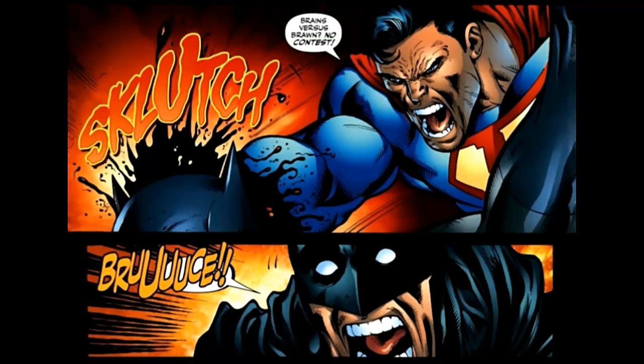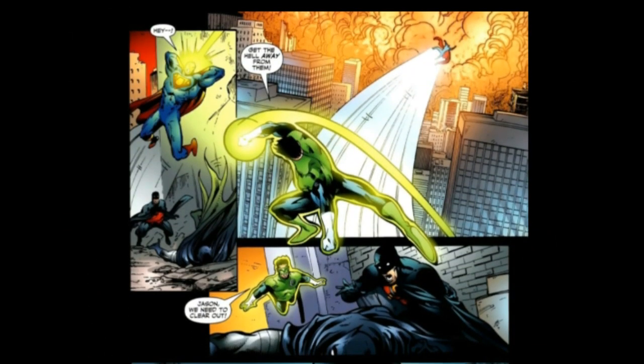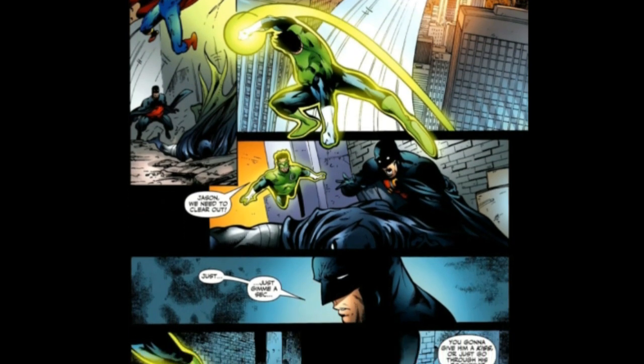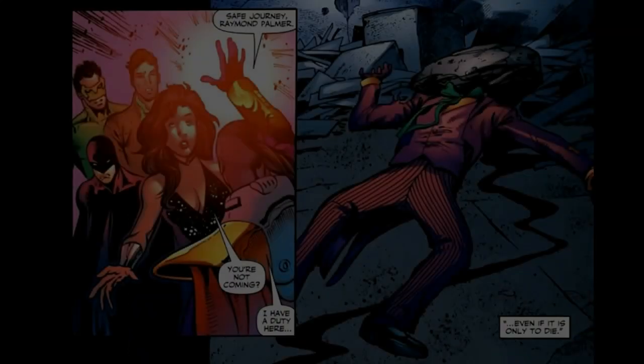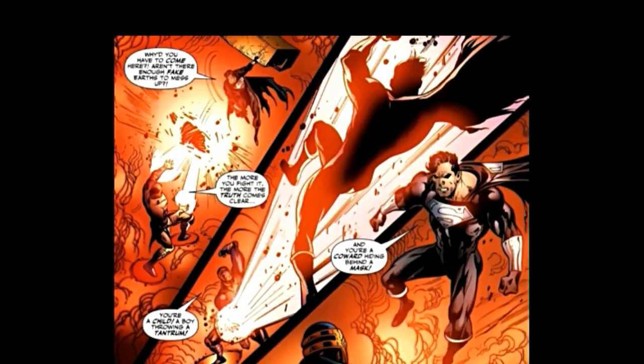You see right here in this panel, Ultraman kills him. That's it for him. So he gets his head squished by Ultraman, and then Ultraman gets knocked back by Kyle Rayner. So it's pretty horrific, and as Jason Todd's looking on, the Joker starts taunting him, so Joker ends up getting killed too. So pretty brutal. It's one of the alternate Jokers and one of the alternate Batmans, but still pretty brutal to see him die. So the Monitor of Earth 51 says he can send those guys to Apocalypse,